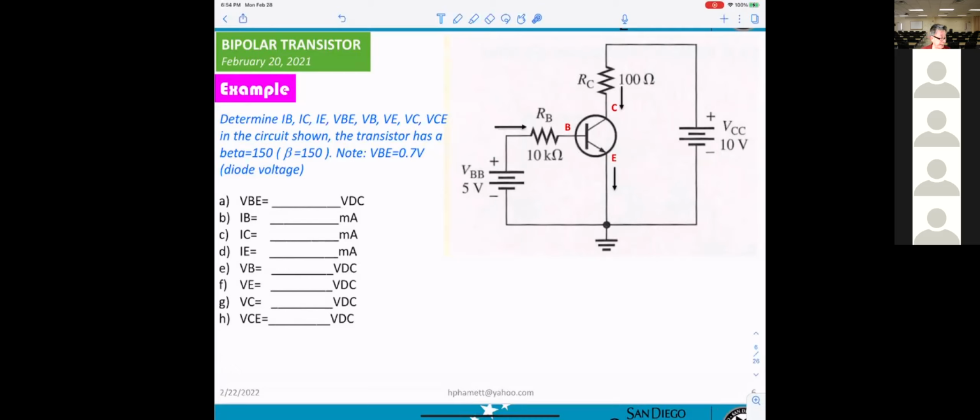Okay, what is VBE? So 0.7. Yeah, 0.7, correct. IB, we already gave the formula, okay? VBB minus 0.7 divided by RB.